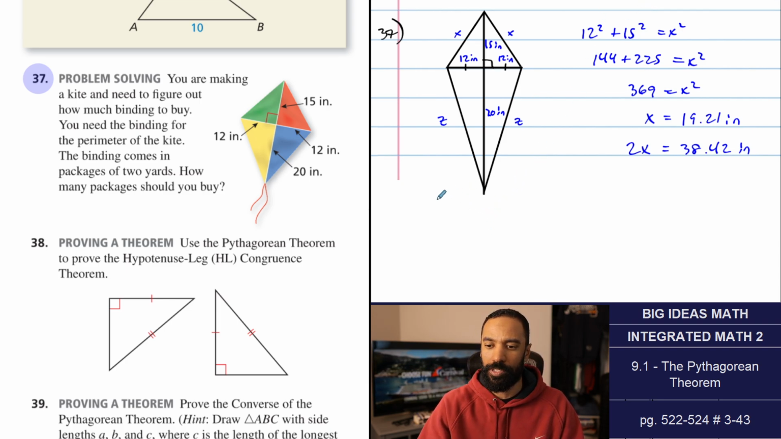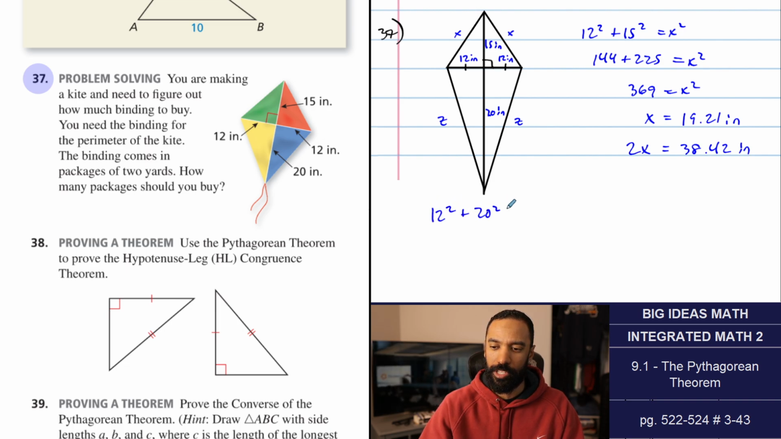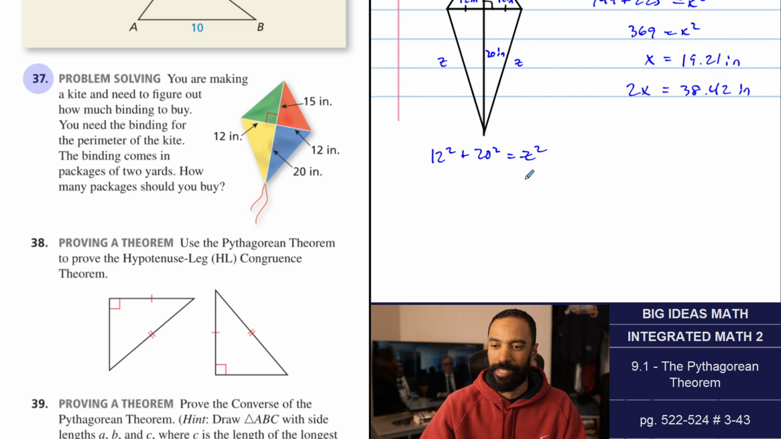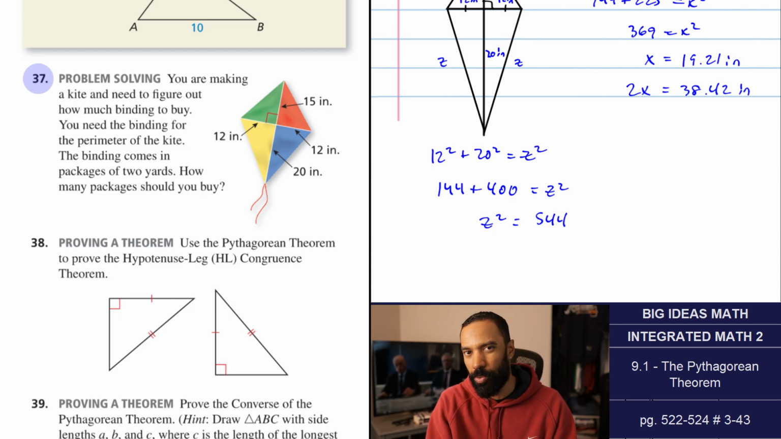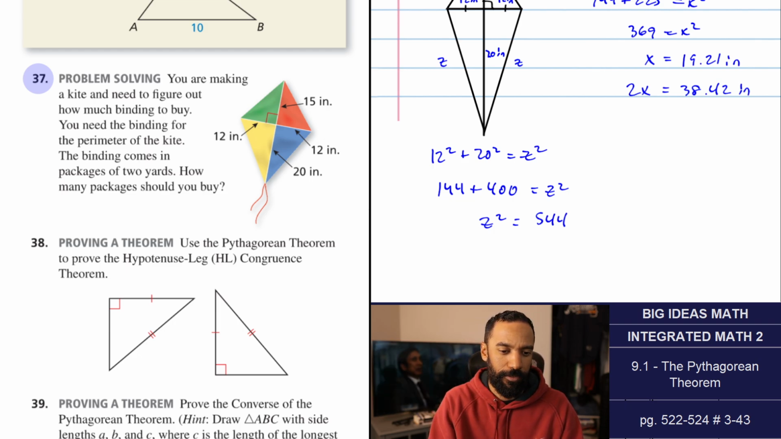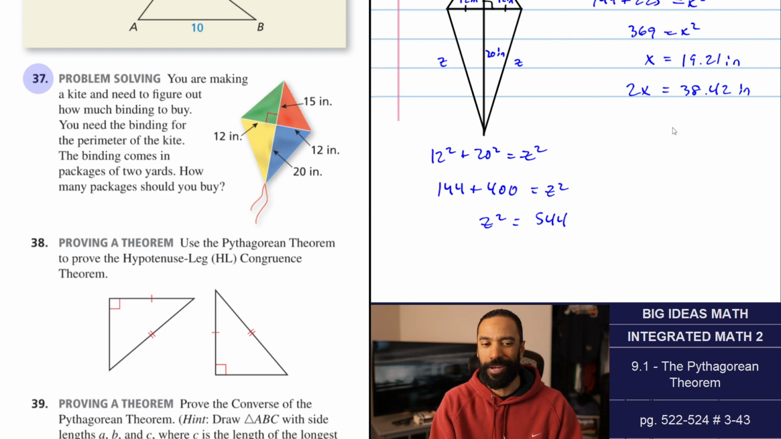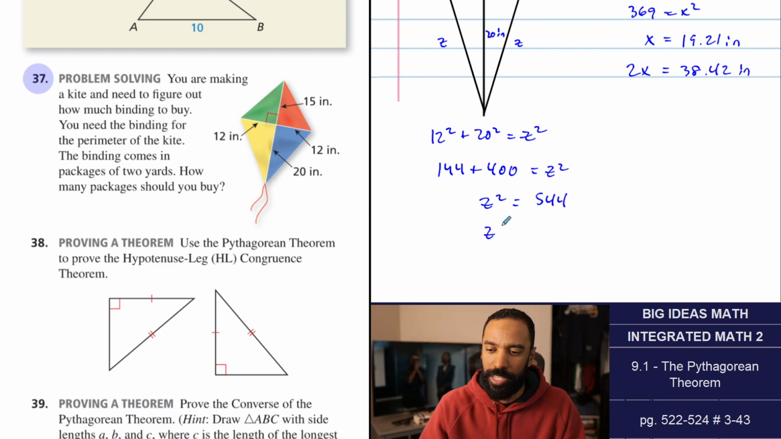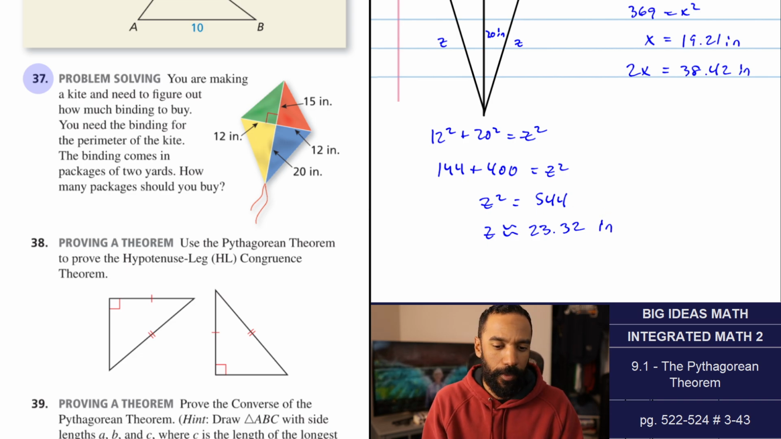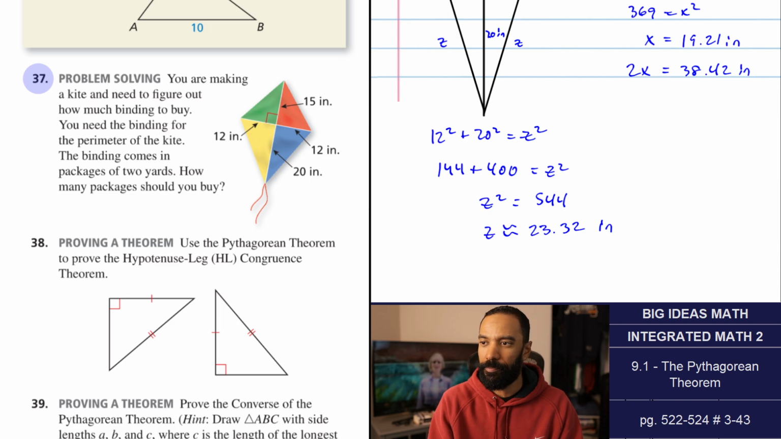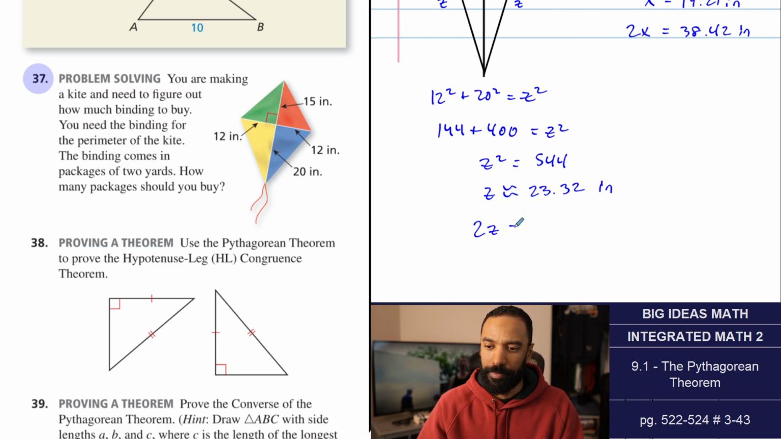So let's figure out those ones. We'll do 12 squared plus 20 squared equals z squared. Yeah, definitely not a Pythagorean triple. So z squared is 544, and the square root of that is less than 24, not by much. 544 square root, 23.323. Z is about 23.32 inches. Let's double that one as well. I'm just getting ahead of it when it comes to perimeter. Two z's is